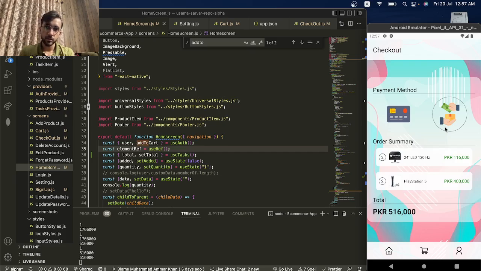We haven't entered the location panel here because we have planned on using Google APIs, and that would give a better aesthetic. For now, we haven't used just a string to demonstrate how the address would be entered, because that wasn't very aesthetic or pleasing to look at for the user. So for now, we have only restricted ourselves to payment methods, order summary, and the total, which we usually see